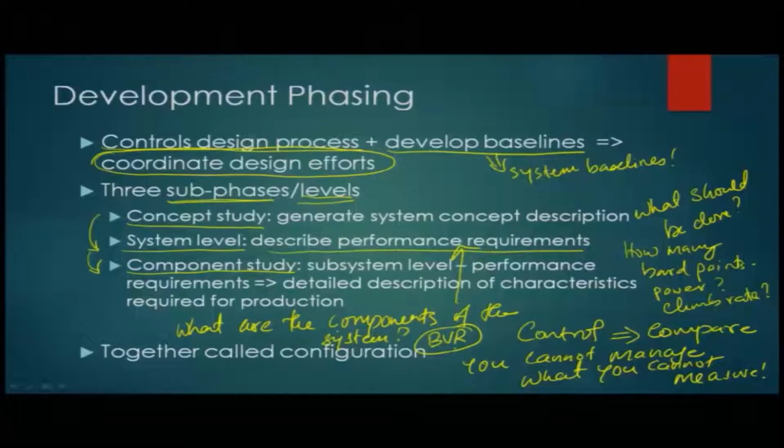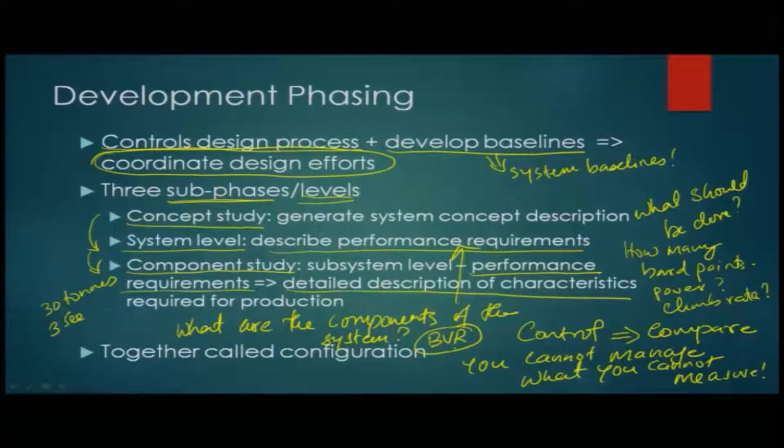So, here what we are specifying are the performance requirements of the subcomponents. Once you identify what the subcomponents are, you specify the performance requirements of these subsystems. Here you also end up doing much more detailed descriptions of characteristics. So, once you decide that I am going to use this specific landing gear for an aircraft, you say that it should carry, let us say, 30 tons and it should be able to dampen in like 3 seconds. These aspects then translate to: we will use a lightweight material, maybe a duralumin alloy,